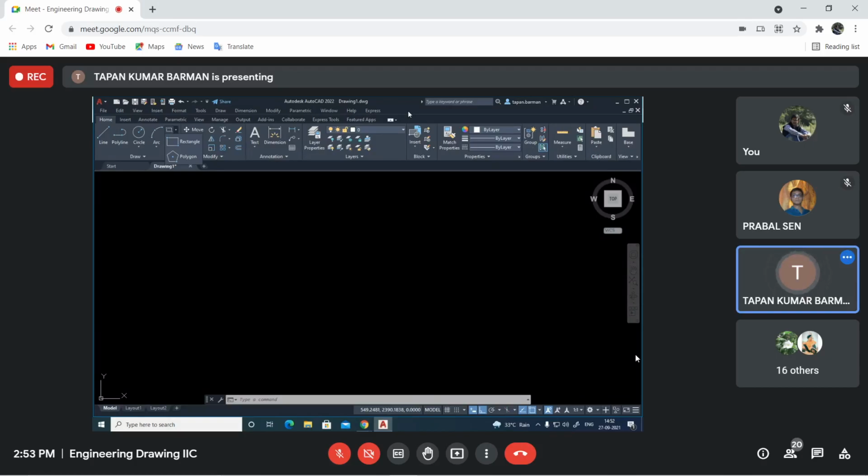Can anyone say? In your drawing, what is the procedure to make one hexagon? No, using the 20 millimeter radius, you will draw one circle, right?